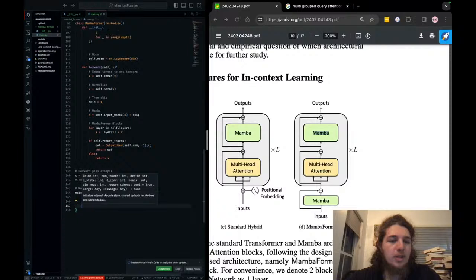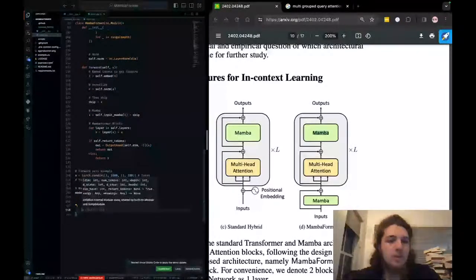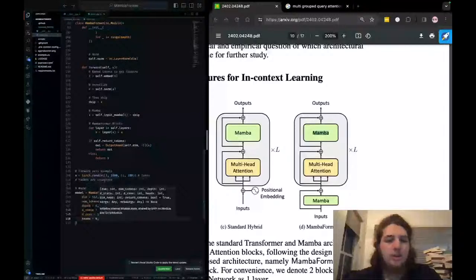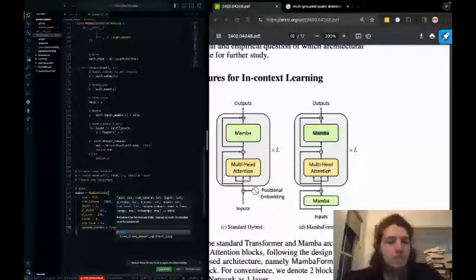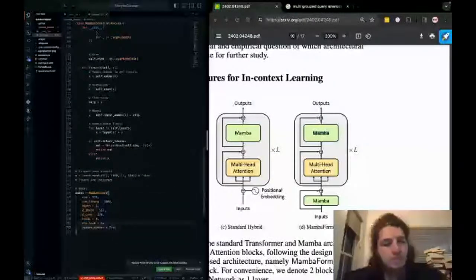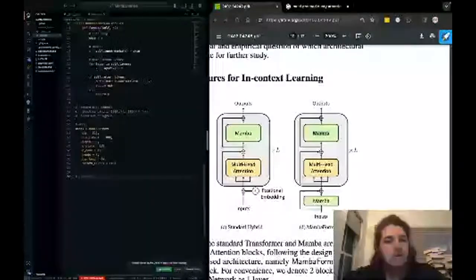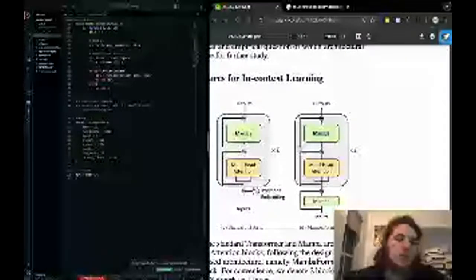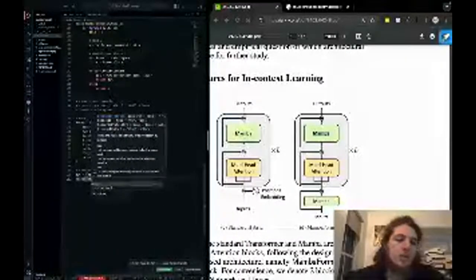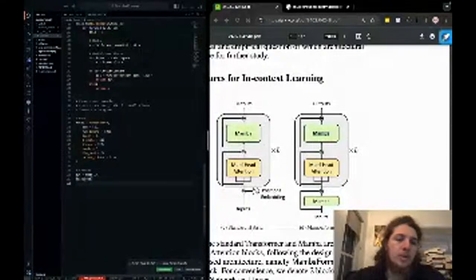We're just going to set a bunch of parameters, and we're going to run a forward pass, which means we're going to run a loop and print.